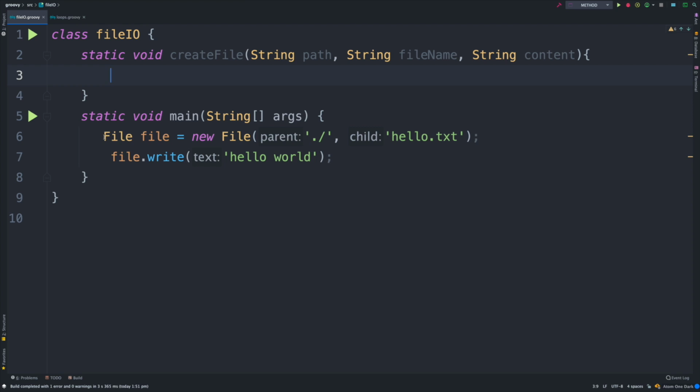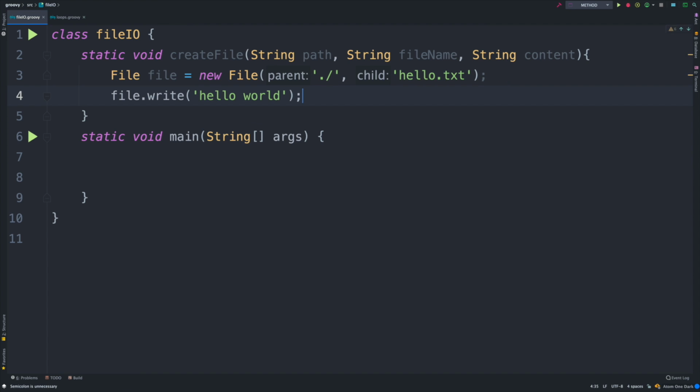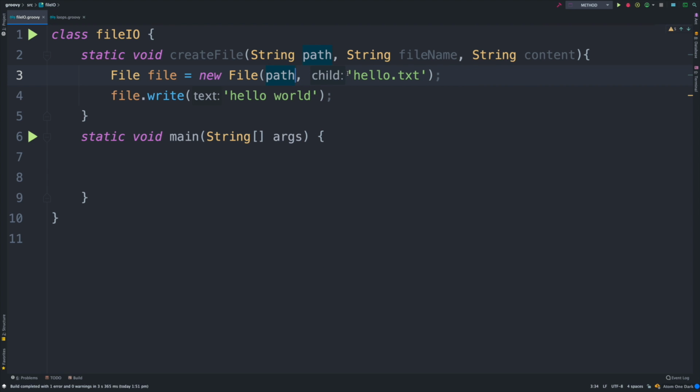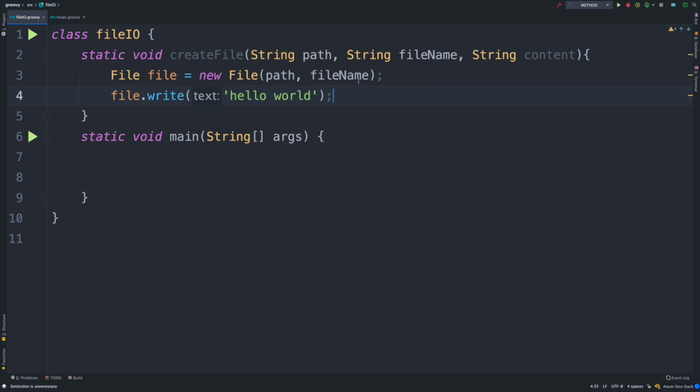Now, we know that we can create a new file by using this line. So let's cut it actually, not copy, and paste it here. And I'm going to just cut that and then paste that here as well. So first of all, we need to change this to say path. And then child would be fileName. Then the content that we can write, we want to change the hello world to content.